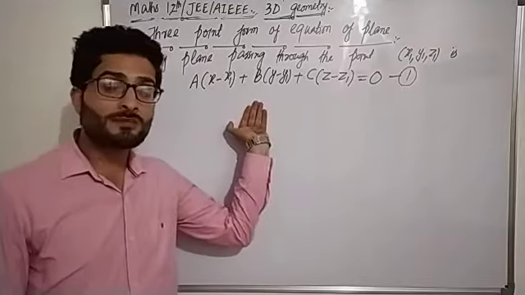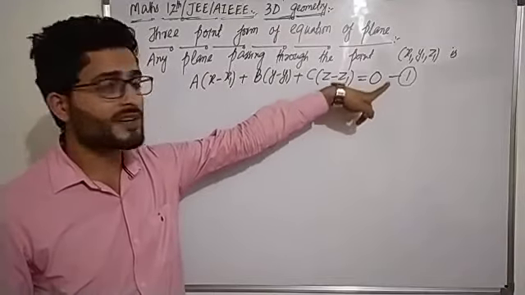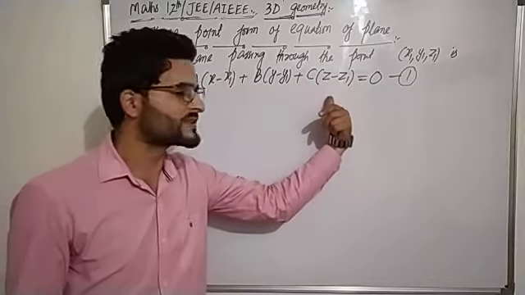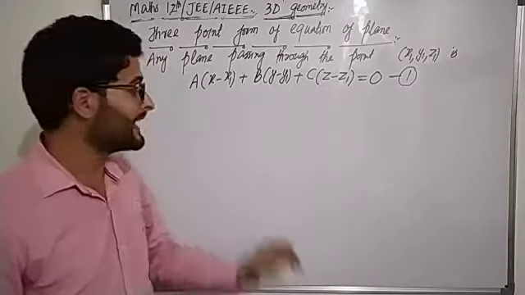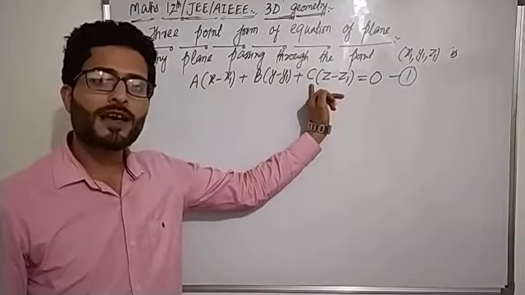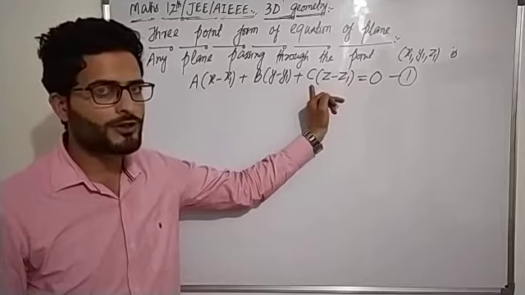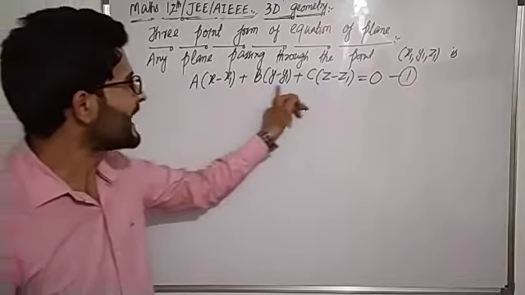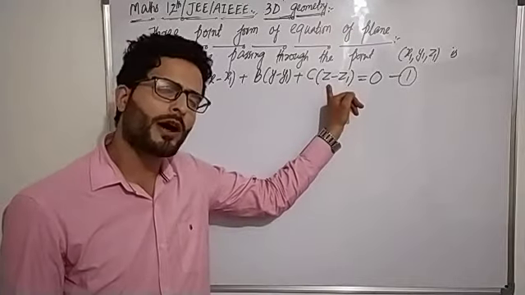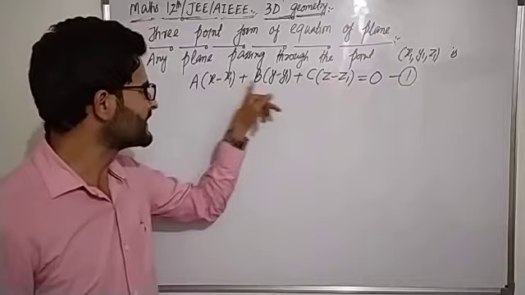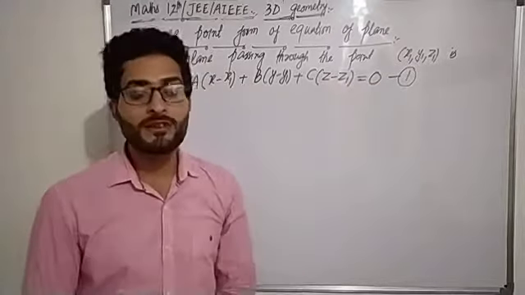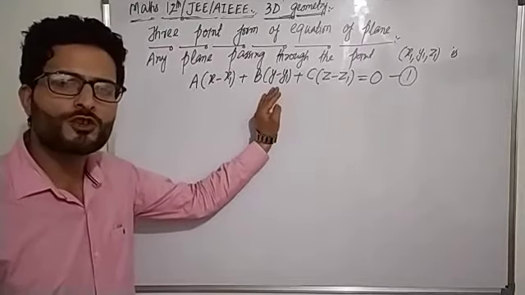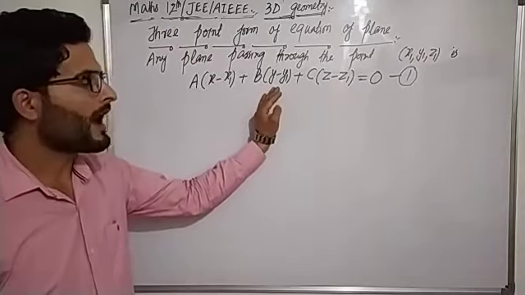So this would be the equation of that plane which is passing through the point x1, y1, z1: a into x minus x1 plus b into y minus y1 plus c into z minus z1 is equal to 0. Where again a, b and c are the direction ratios of normal to the plane, perpendicular to the plane, or we can say that they are the attitude numbers of the plane. x, y, z are the coordinates of any point lying in the plane, and x1, y1, z1 are the coordinates of given point through which the plane passes, right? तो ये है उस प्लेन की इक्वेशन जो एक पॉइंट में से पास हो रहा है।